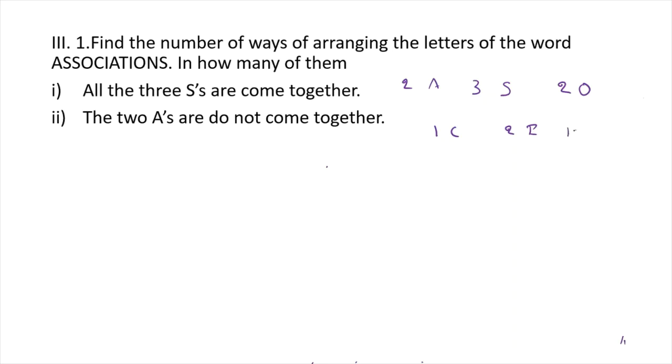1 T and 1 N. So on the whole we have 12 letters. So the number of ways of arranging these 12 letters, number of arrangements is equal to 12 factorial upon,